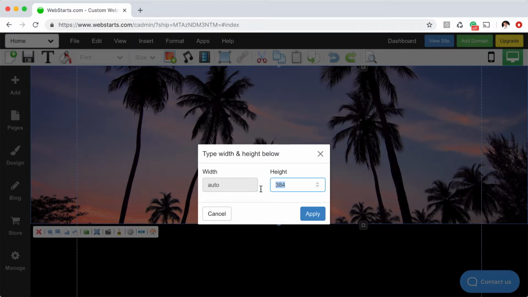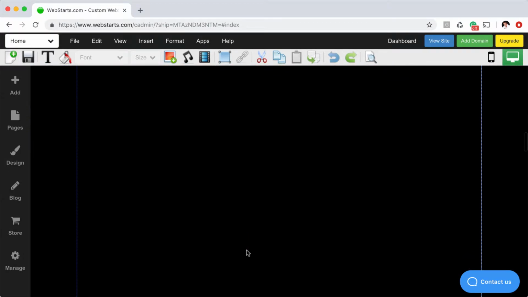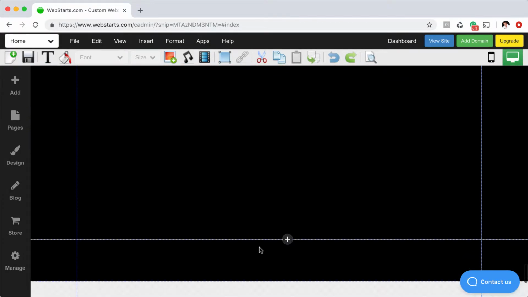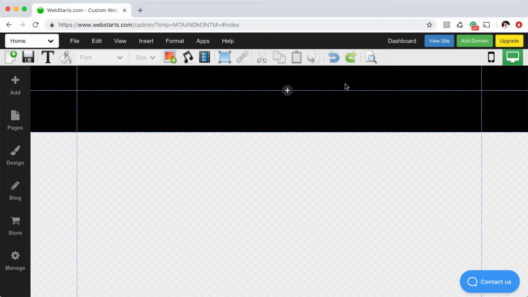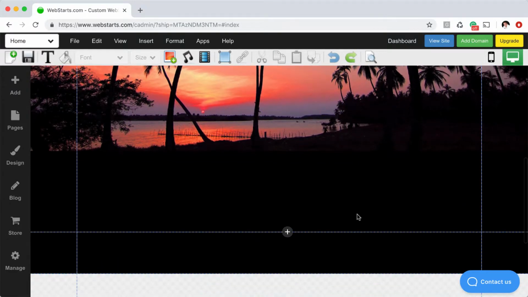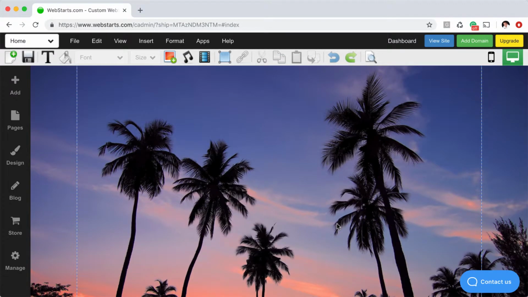I click on the Resize by Pixel option, and I'm going to change the height of this photograph to 800 pixels. I feel like that's a nice height for my splash screen, since it will fill up the page on most resolutions. I'm just going to tidy up by moving the footer up the page so it's nice and